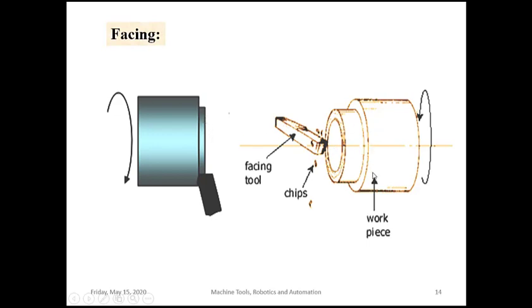So this is the workpiece you can see here, and you need to write only this diagram for this facing operation. If you want, you can write the work holding device, that is the chuck and jaw and all those things here. This workpiece is made to rotate at some speed, and you can see here the tool will come in contact with this surface, and as soon as the tool comes in contact with this surface, it removes the material from this surface. We will see the explanation now.